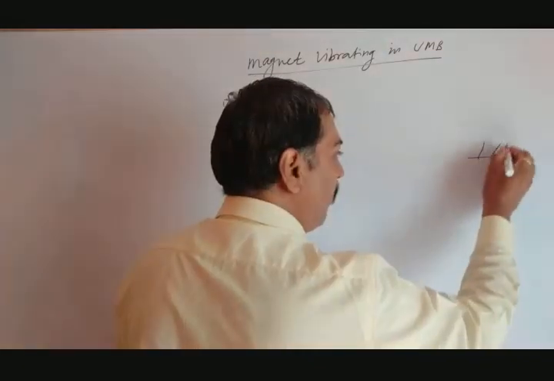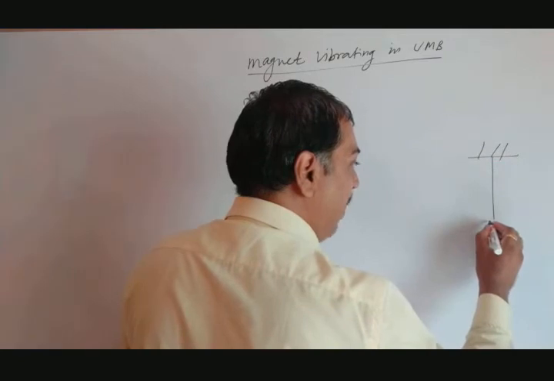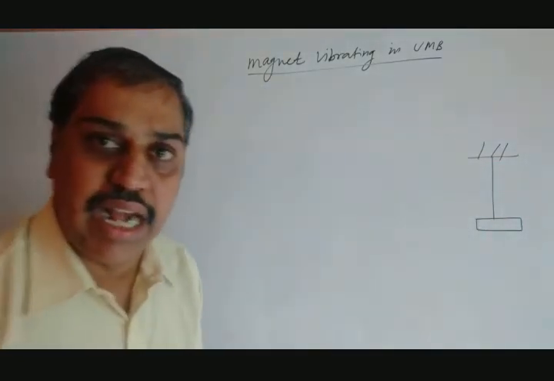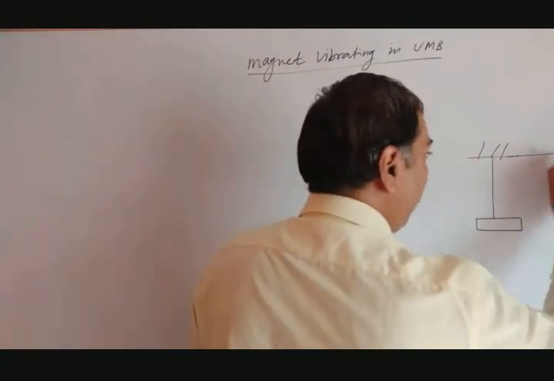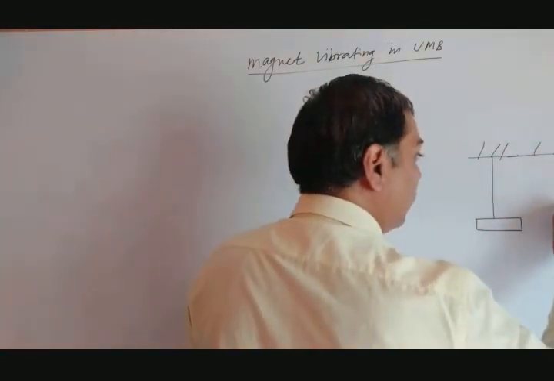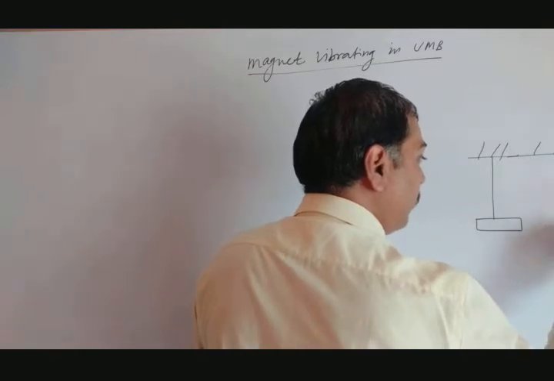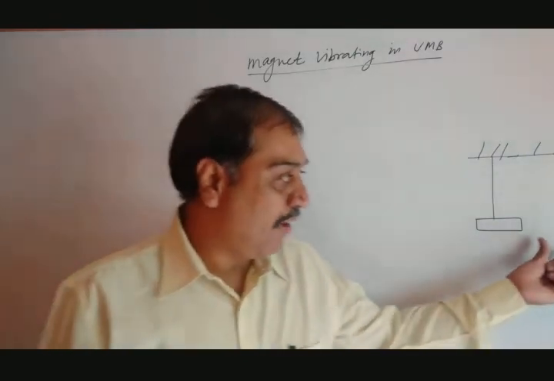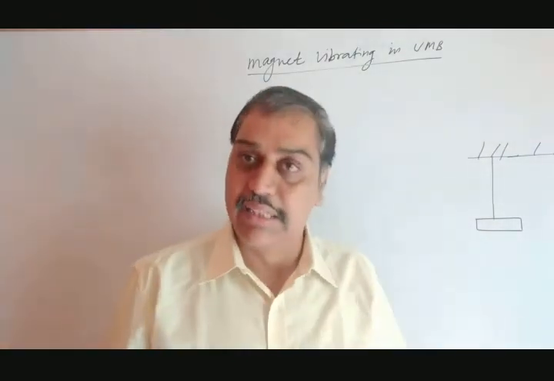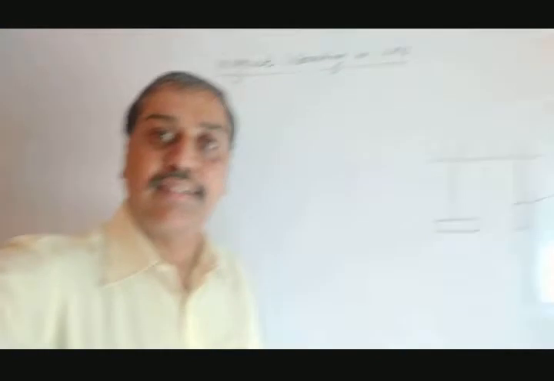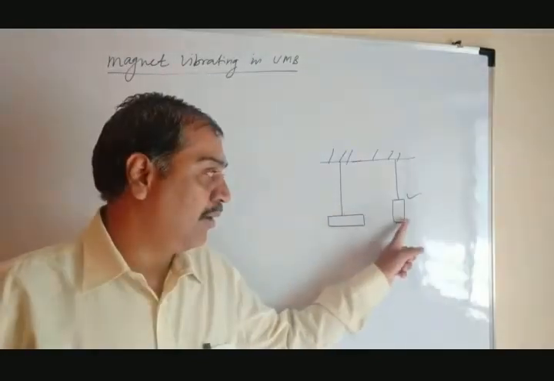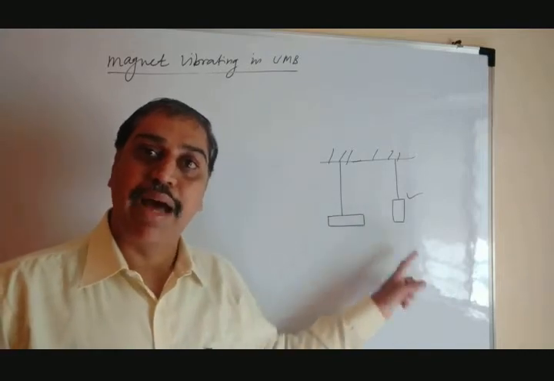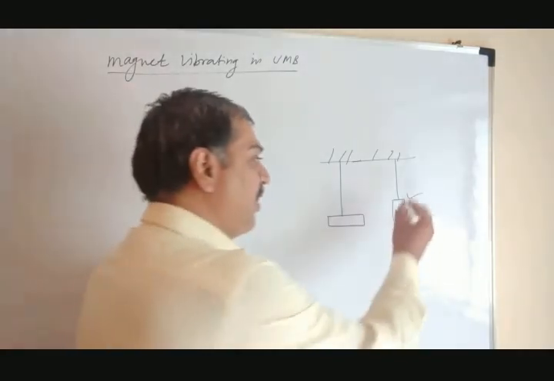Suppose this is a rigid support. To this rigid support, I have tied the magnet. This is a bar magnet we have tied. You can tie it like this, or another way, you can tie it like this. This is the string, this is the bar magnet. This position we are going to consider here. When we hang the bar magnet from the rigid support, this condition we are going to see: bar magnet parallel to the string, perpendicular to the string. So when we hang the bar magnet by either of these two methods, this we are going to use.